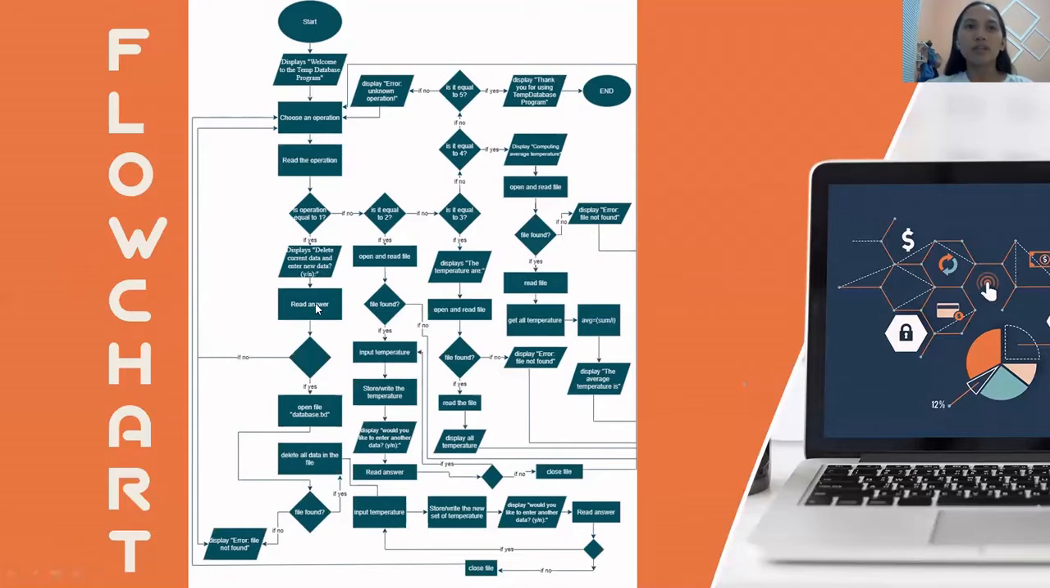And if yes, the program will open the file database.txt. If the file is found, the process continues. But if the file is not found, the program will display, error, file not found. And if the file is found, the program will delete all the data in that database text file, and then let the user input a new set of temperature. Then the program will store and write the new set of temperature, and then will ask the user if he or she would like